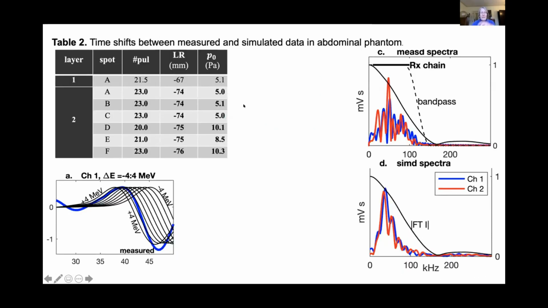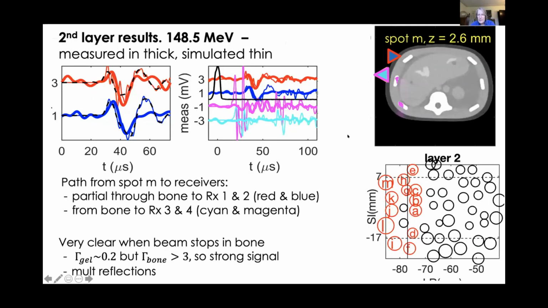Okay, so simply using the upper two transducers, for which we got pretty good signal from most beams, we were able to estimate the range using the treatment spots that received the most dose. And let me go back for just a moment. These are treatment spots in the second layer that was treated in the patient. Now, 12 layers were treated in all. The layers go from top to bottom, layer 1, layer 2, layer 12. So the first few layers received the most dose, and the size of these circles represents the amount of dose